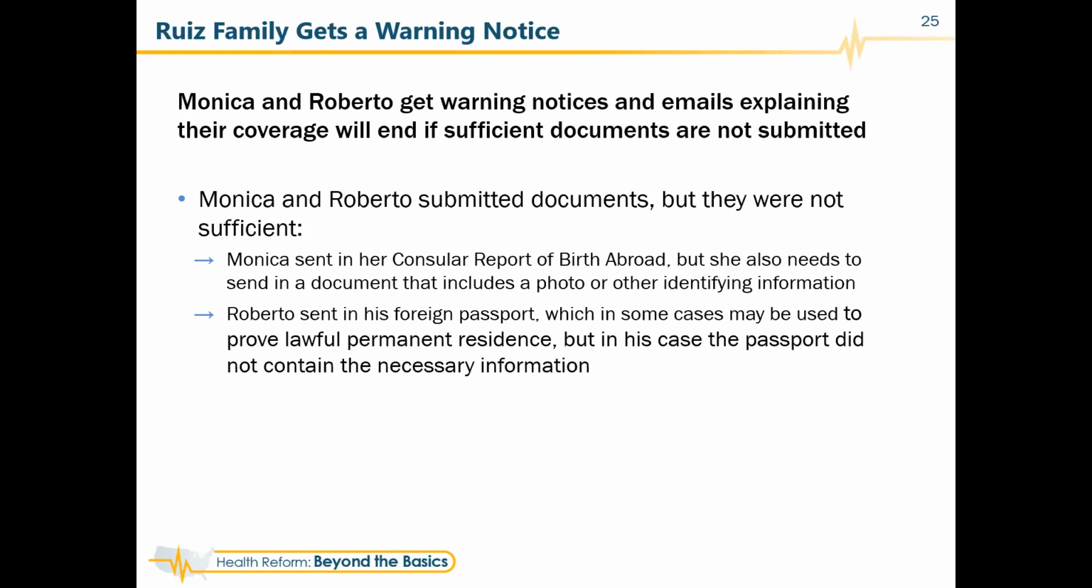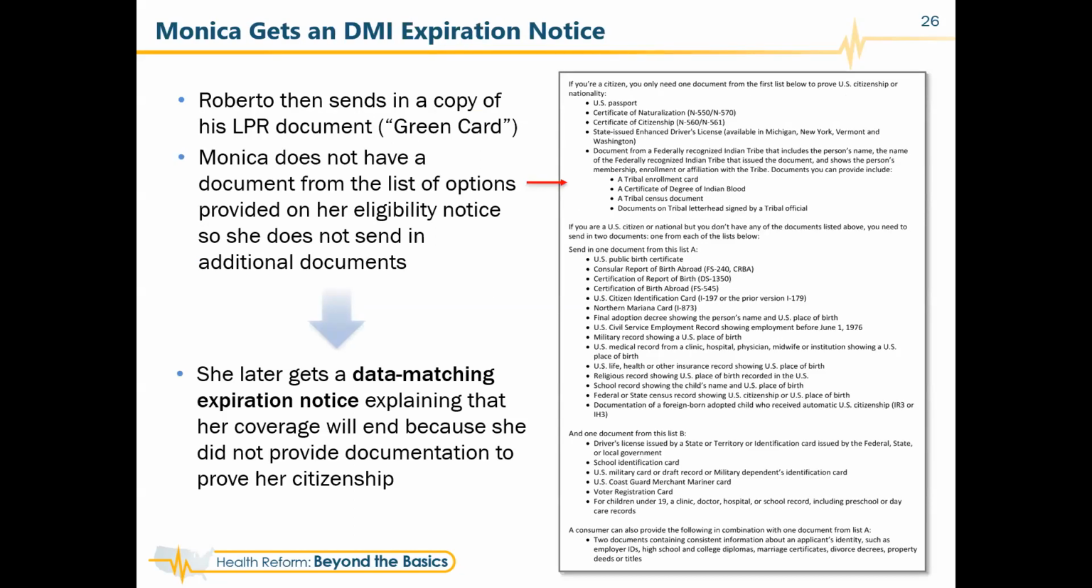Roberto will say was able to send in a copy of his permanent resident card, which is sufficient to clear his data matching issue. But Monica does not have anything else to send. So she does not send in anything else. And Monica gets an inconsistency expiration notice that explains her coverage will end because she did not submit enough information